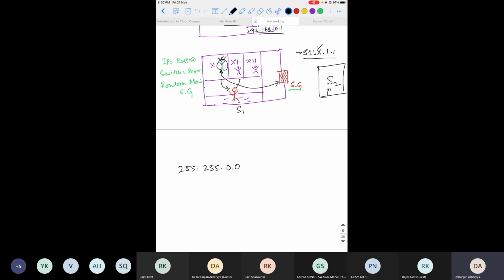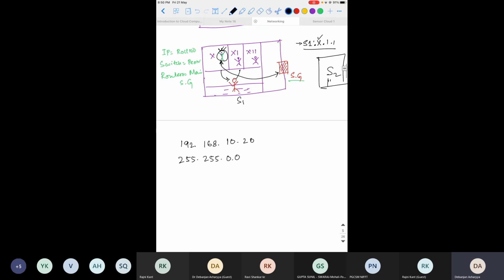255.255.0.0, where the IP address may be 192.168.10.20, maybe this is for laptop 1, or maybe 192.168.1.2. So subnet mask, although it looks like an IP address, is a flag. It defines the range of the IP address.